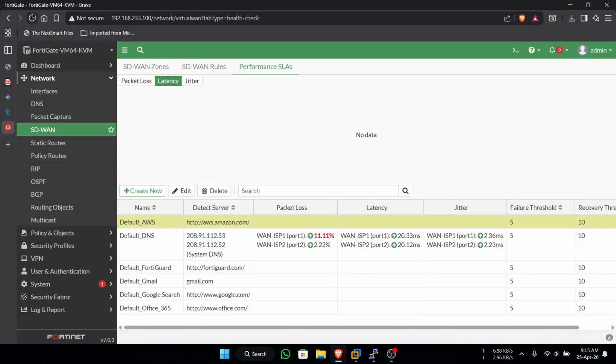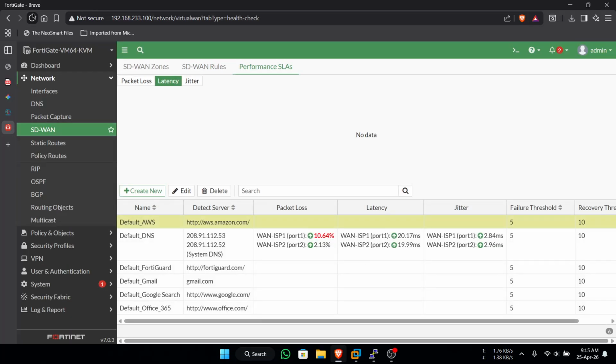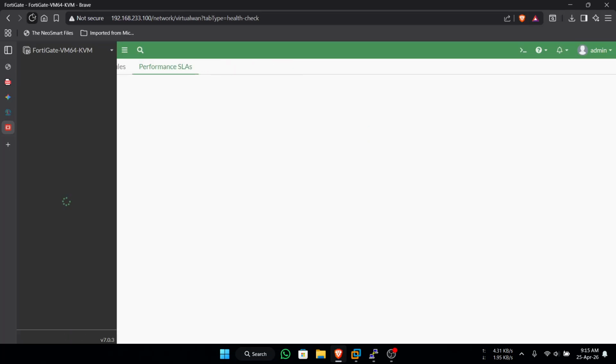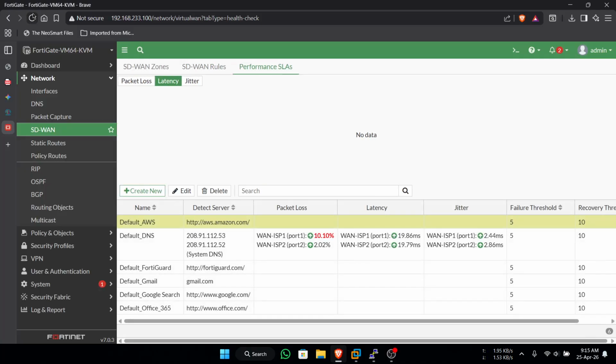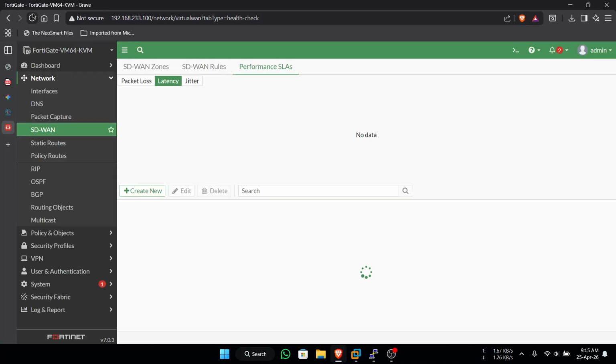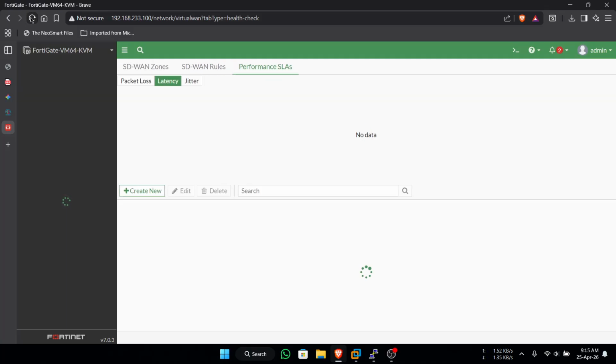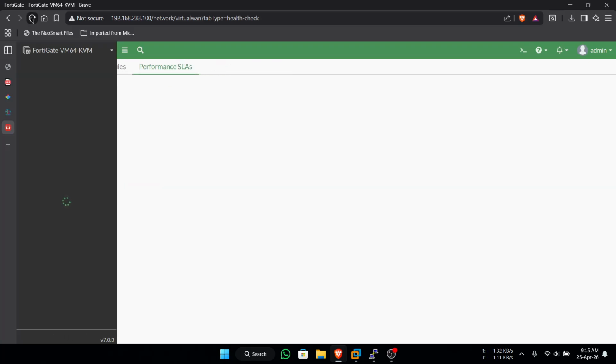Okay, the packet loss is still remaining. You will see the green, 2%. Packet loss is 0%.